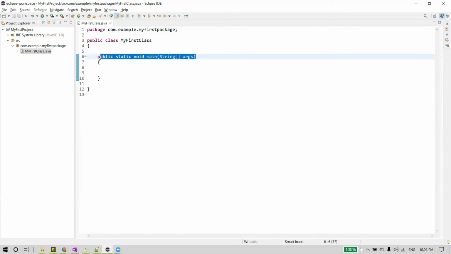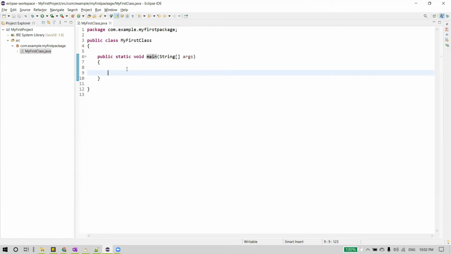This entire thing we call the signature of the method, and this is the signature of the main method. And why we are writing this main method is to tell Java that this is the entry point of execution. You can have multiple methods within this class, but to tell Java the entry point of execution, we write the main method, and from here the execution starts.